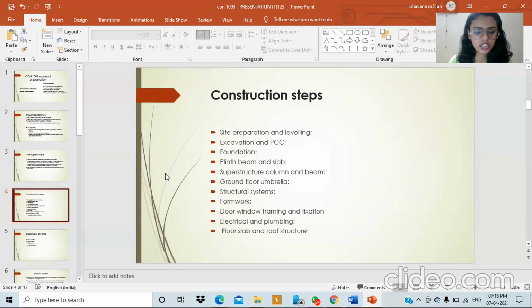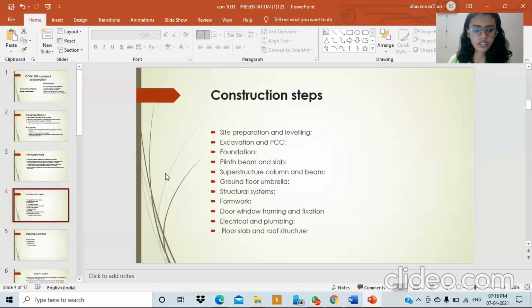Then next is the structural systems. A lot of structural systems were initially considered for building this, and finally it was agreed to build a perimeter diagrid frame which is coupled with 2 other systems in order to form a hybrid. Then formwork. Formwork is a temporary or permanent mold in which concrete or similar material is supported.